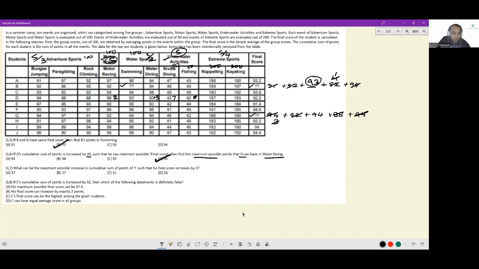Next, what can be the maximum possible increase in cumulative sum of points of I such that his final score increases by 2? If his final score is increasing by 2, the group that I would want to populate first is extreme sports. So here I can have, see, final score increasing by 2 means sum of groups,